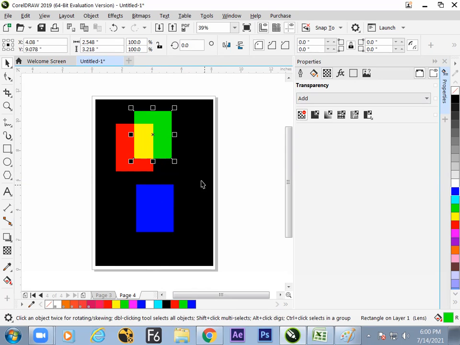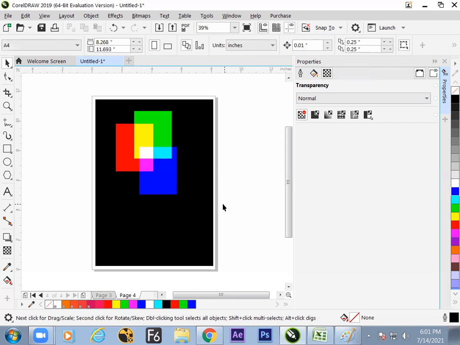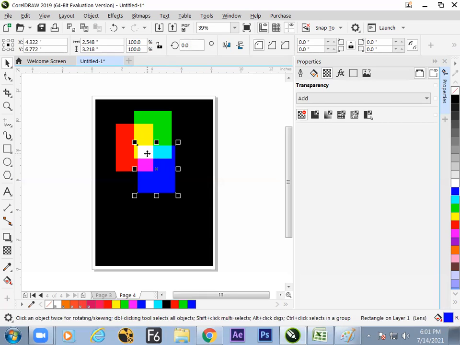Red plus green is yellow. Now the yellow is not turning into white color. Before, it was turning into white because the backdrop was white. Now black is there. That means no color is there. No calculation will happen. Same thing, add it up and switch here. So the whole color theory is on your screen. Red plus green plus blue is equal to white. Blue plus red is equal to magenta.